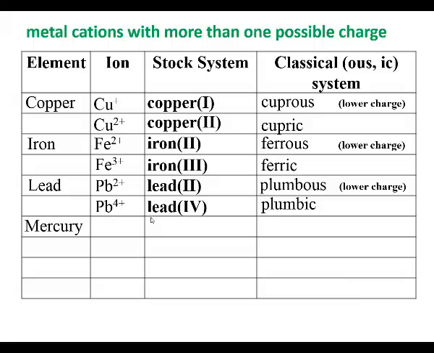Now, if we look at mercury, my mercury cations are somewhat unique. We can form a polyatomic cation with mercury. So if I talk about a polyatomic ion with 2 mercury atoms with a +2 charge overall for the polyatomic ion, it's in red here because it's not monoatomic, well, we're going to call that mercury 1 despite the fact the charge is a +2. Imagine a contribution from each of the mercury atoms adding up to that +2 when we refer to it as mercury 1. Now that's the lower of the common charge states,